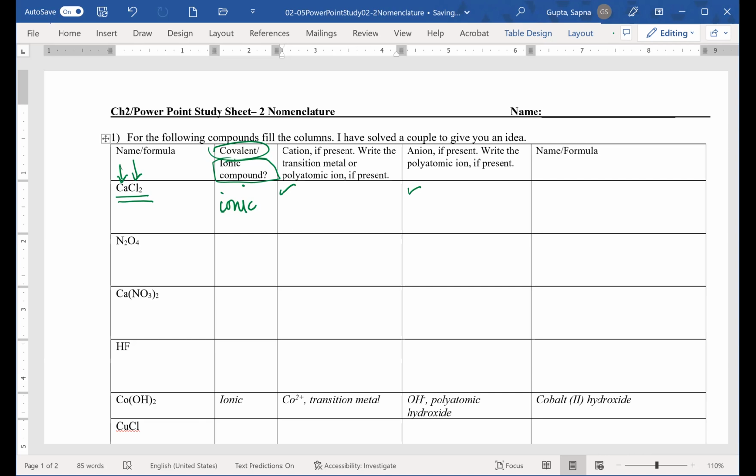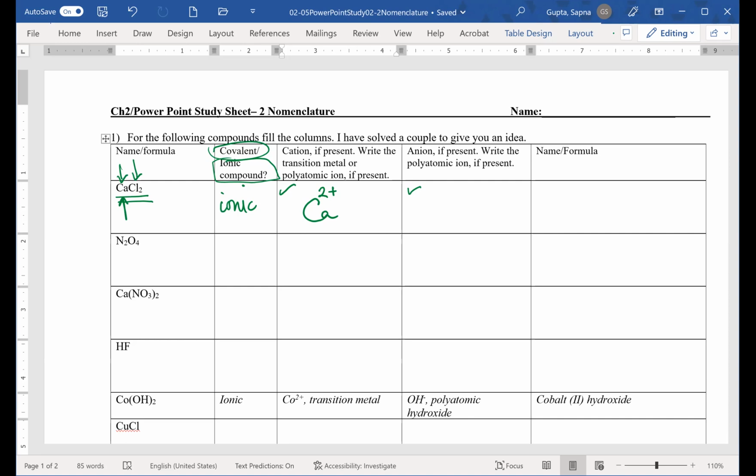So here the cation is always written first, which is calcium. So you write calcium, but that's not a cation. This is an element. So what is the cation? The cation is calcium 2 plus. Where am I getting the 2 plus from? This is because it's in group number 2 in the periodic table. Group number 2 is always plus 2. So it automatically becomes plus 2. All right. So calcium 2 plus. That is the